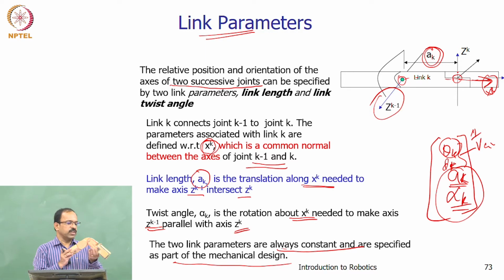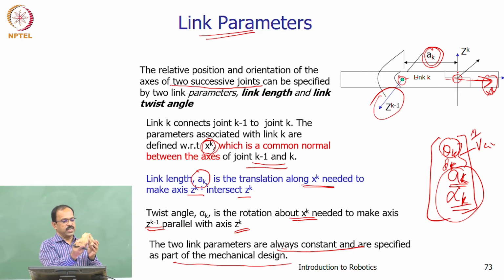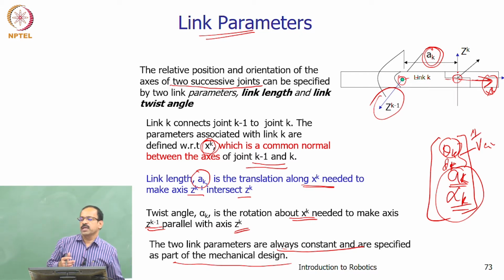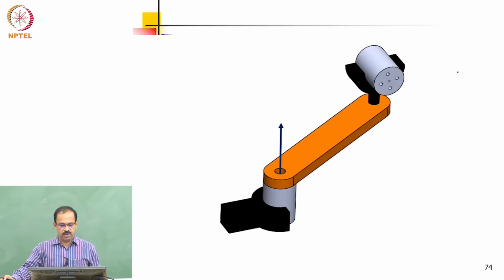manipulator, and the only thing that you can change is this joint angle. Once you change the joint angle, then only the position varies. If you want to change the position at this tip, then I can change any one of these angles, I can change this angle, or this angle, or this angle. Of course, if I change this angle, I don't change the position, but I change the orientation. So this way, always there will be only one parameter which will be varying, all others will be constant. Out of these 4, 3 will be constant.